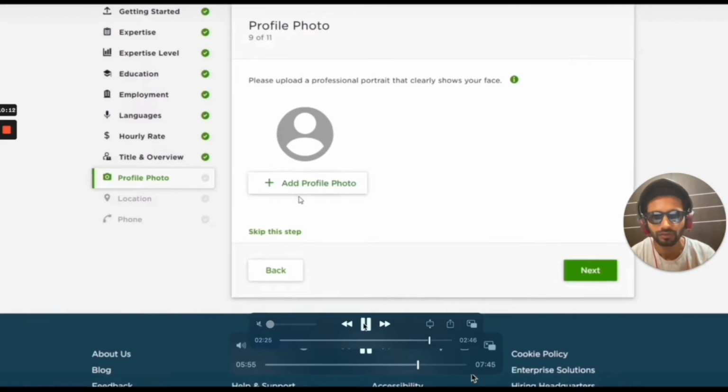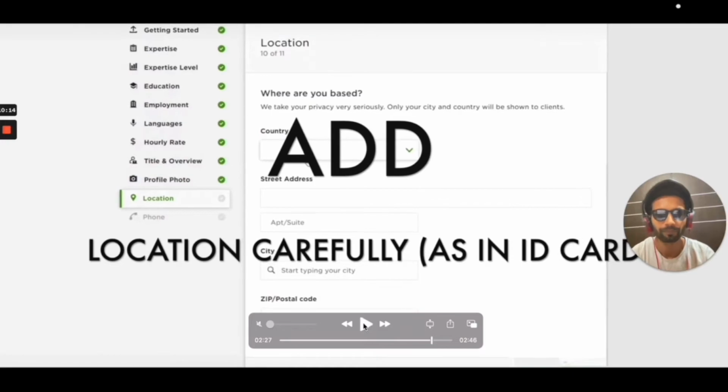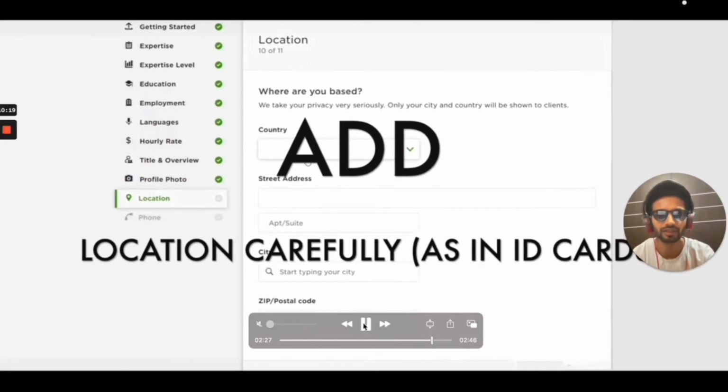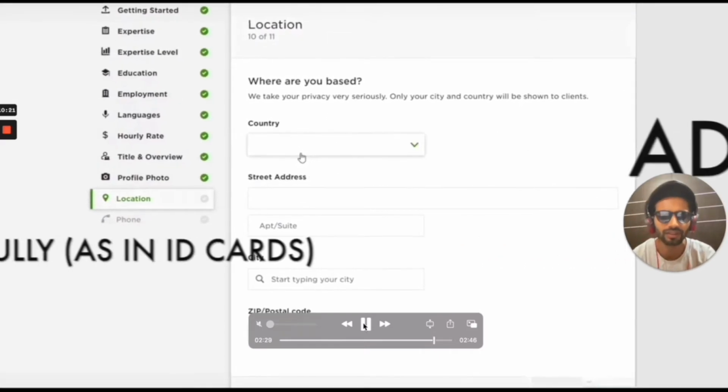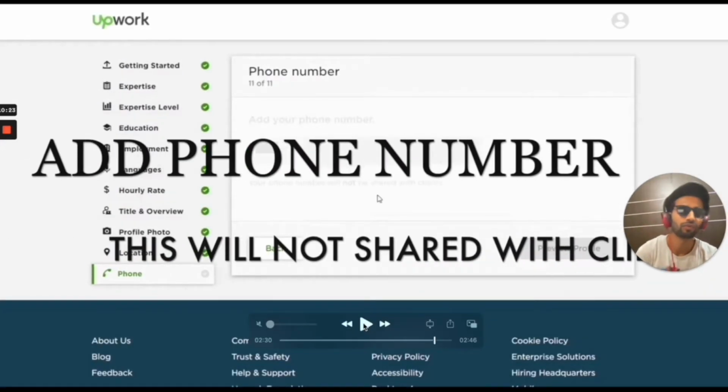After that, you need to add your location. Add the location carefully. Here, you need to add country, street address, city. So you need to add all these things carefully, because in future when Upwork verifies your profile, you can show your ID cards with the same address you currently fill in here.